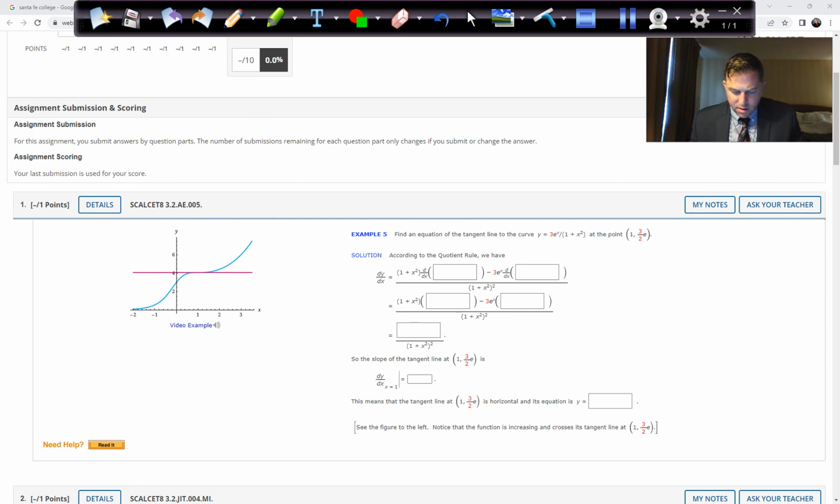something to guide us. So it says, find the equation of the tangent line of the curve y equals 3e^x over 1 plus x squared at the point (1, 3/2 e). Okay, so according to the quotient rule, let me write what the quotient rule is. If we have y equals two functions, f of x over g of x, then what we call the quotient rule